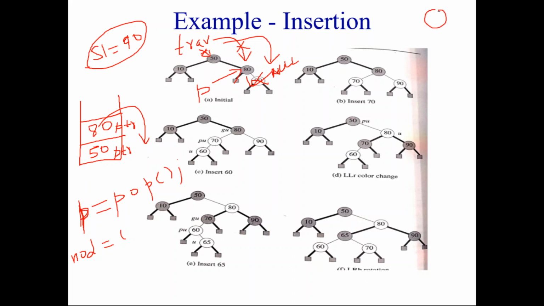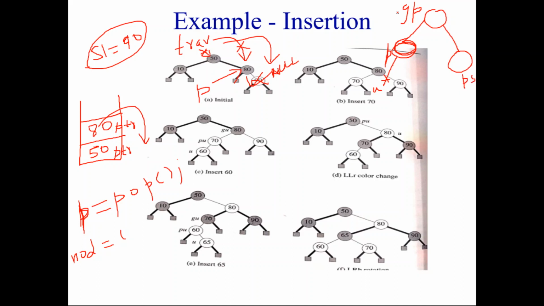For example, if this node is the grandparent and this node is the parent, then who is the sibling? In this case, the parent is the left child. Below that there is u, but forget that, we are not concentrating on that. We are concentrating only on P and GP. If P is the left child, then the sibling should be nothing but the right child of GP.